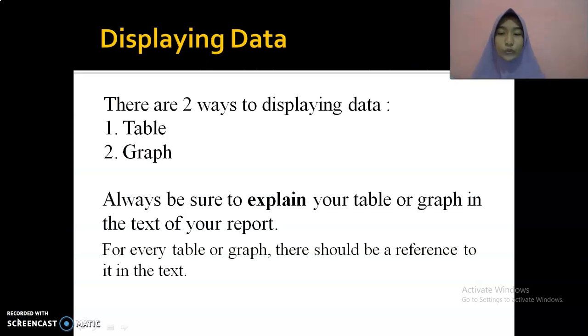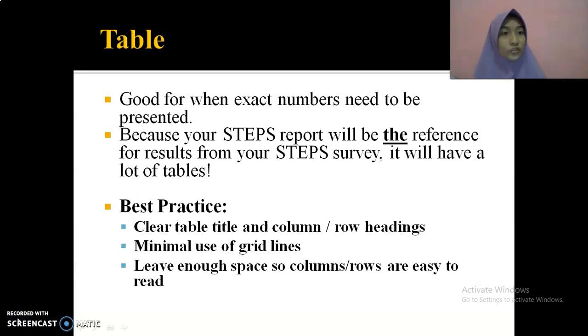Here, there are two ways of displaying the data. The first one is to use a table, and the second is to use a graph. Always be sure to explain your table or graph in the text of your report. For every table or graph, there should be a reference to it in the text. The first one is using a table. When you use a table,